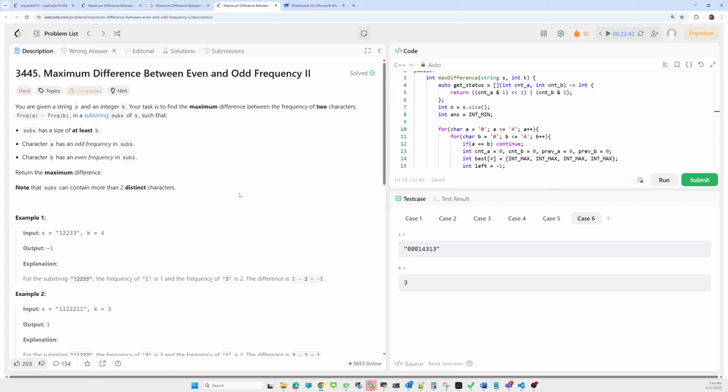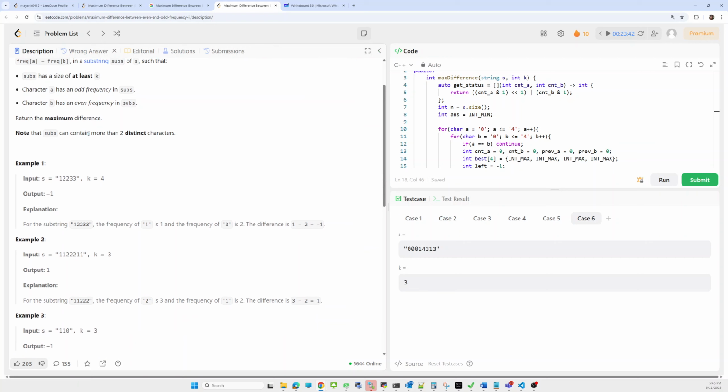Now let's look into the problem statement and some test cases. They give one example, 1 2 2 3 3, and they say the minimum size of the substring is k. What will the output be?